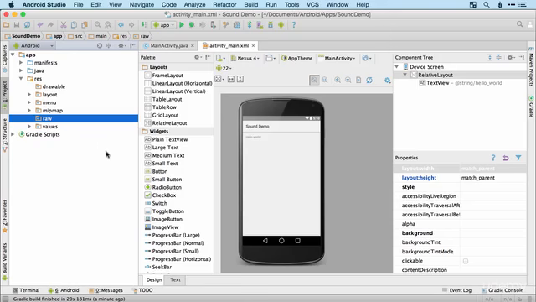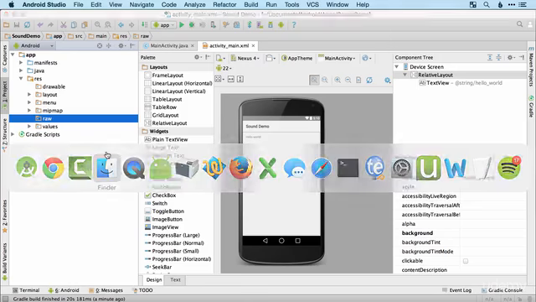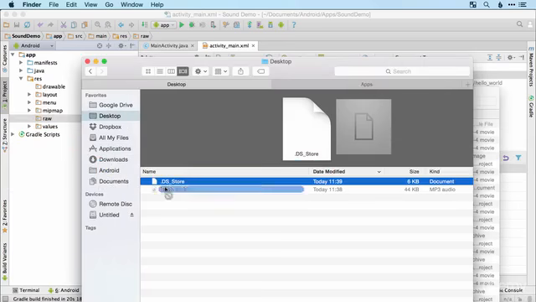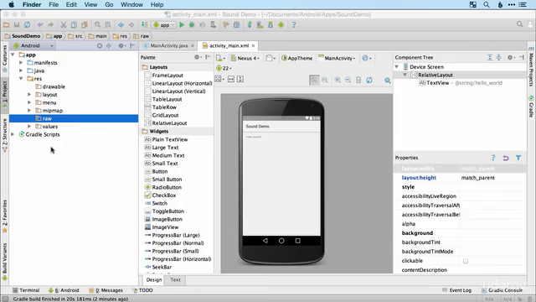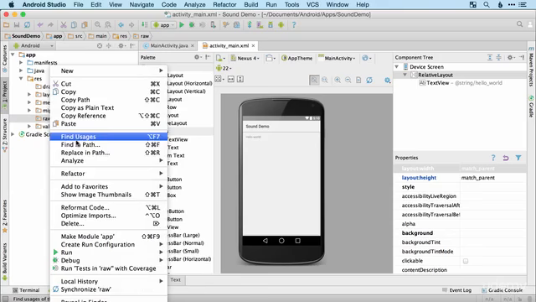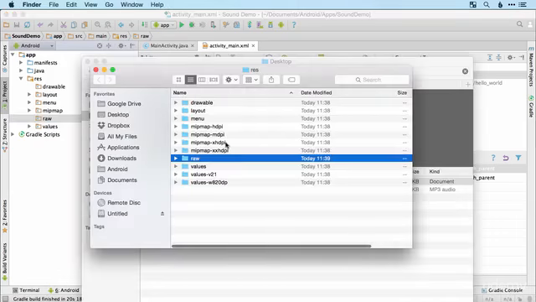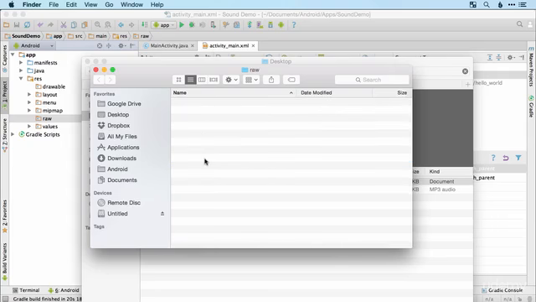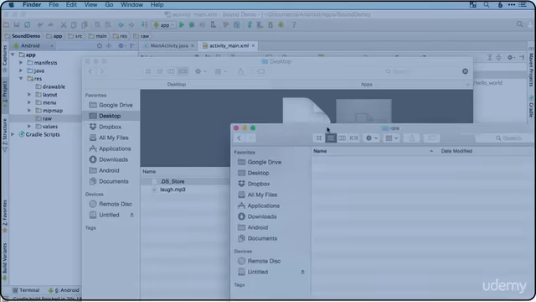So if you're on Windows, you can just drag and drop your laugh.mp3 file straight in. Unfortunately, on Mac that doesn't work at the moment. It's worth giving it a try because it may have been fixed in a later version of Android Studio, but if, like me, that doesn't work for you, you just need to drag and drop it in. So we'll do that by control clicking or right clicking on the raw folder, and then for me it's reveal in Finder, and then just double click on it there and drag